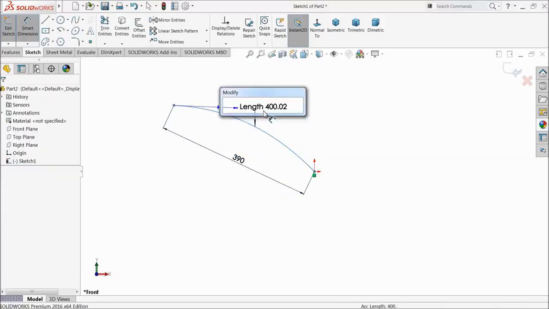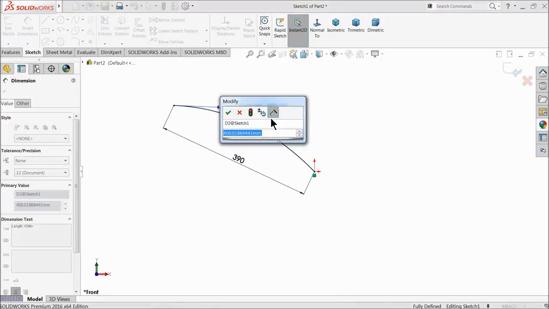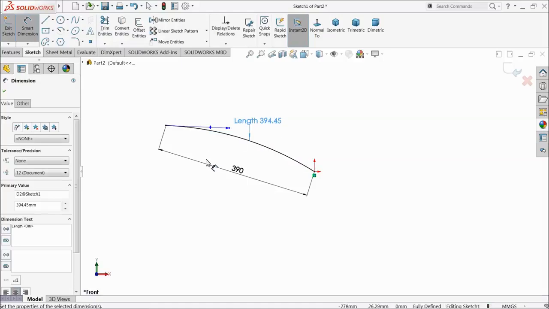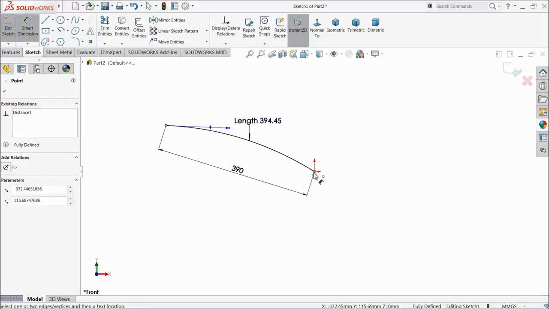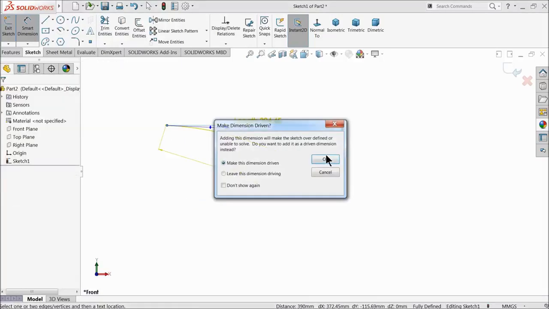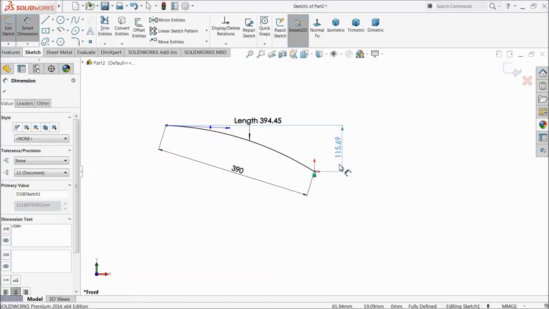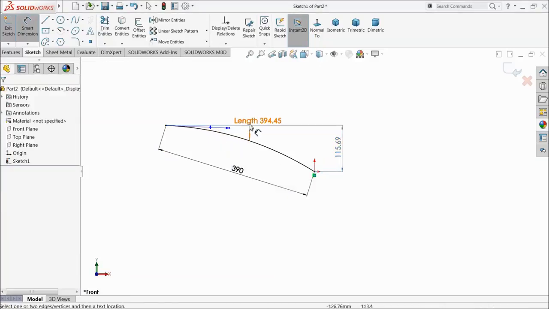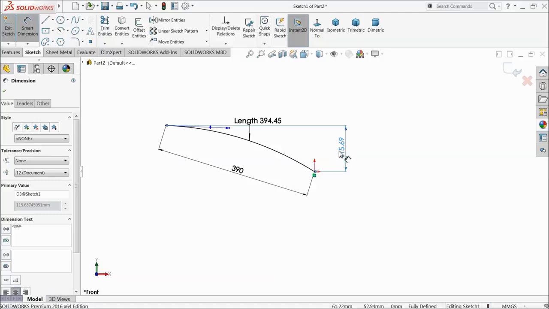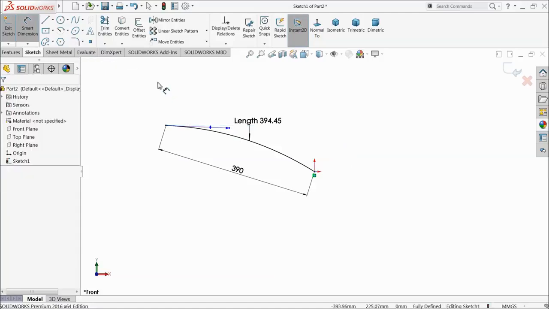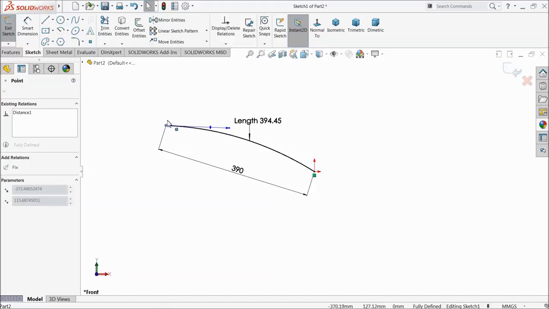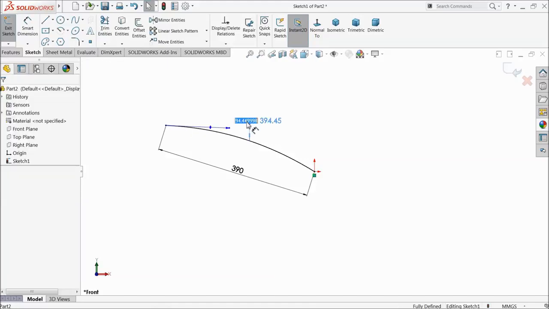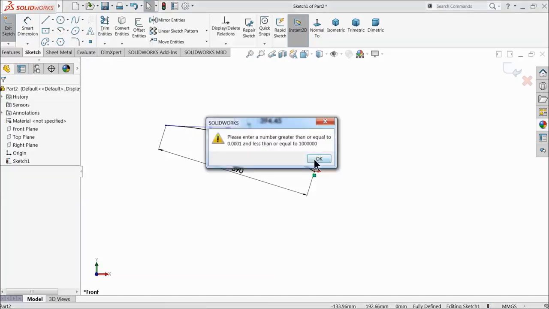Keep this length 390 mm, and keep this length 394.45 mm. Let's check the vertical length. This one, delete this, then